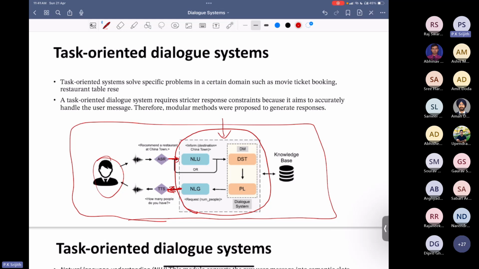So that's basically how the interaction might happen. But if you look specifically at task-oriented dialog systems, they generally have three components. The first component is the natural language understanding unit. The second component is the dialog manager. The dialog manager itself has two components, which are dialog state tracking (DST) and